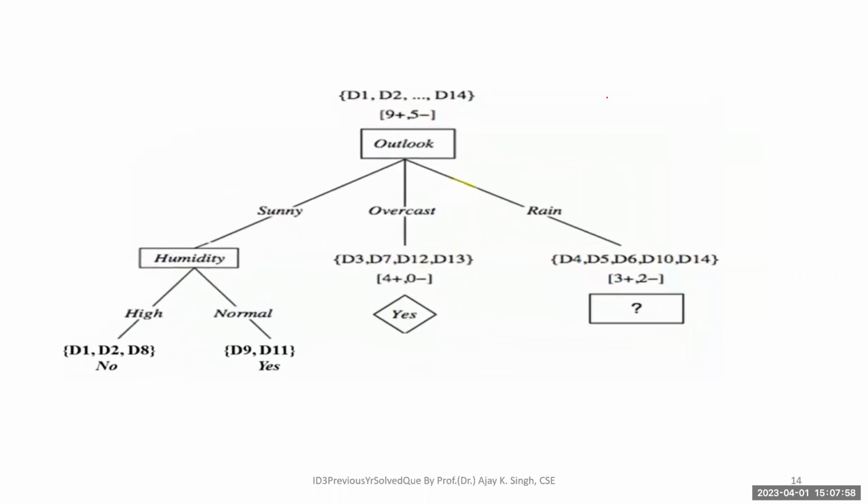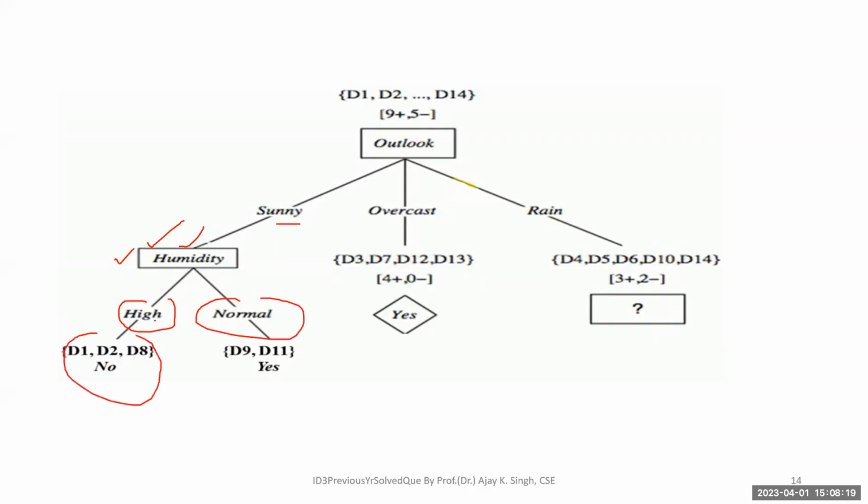So this is how the things are. Now for Sunny, because humidity information gain was high, for this Sunny we are going to take humidity. Then again, this iterative dichotomizer, we are going to go for iteration for humidity, and now we are going to say this is high, this is normal. How many days are going to be considered in that case high? And how many days are there in which we found high? How many days are there in which we found normal? So in this way, it will continue.